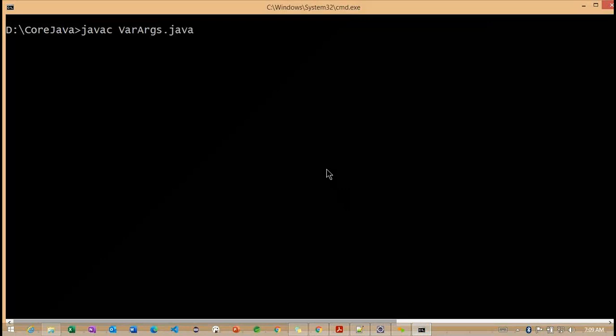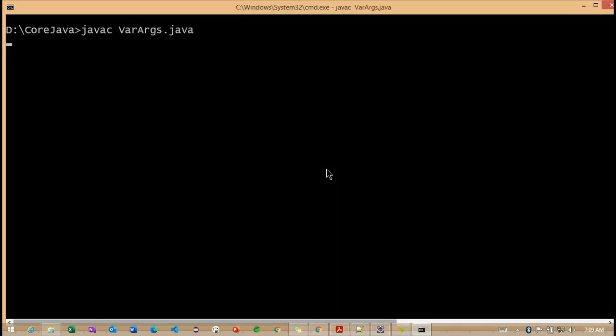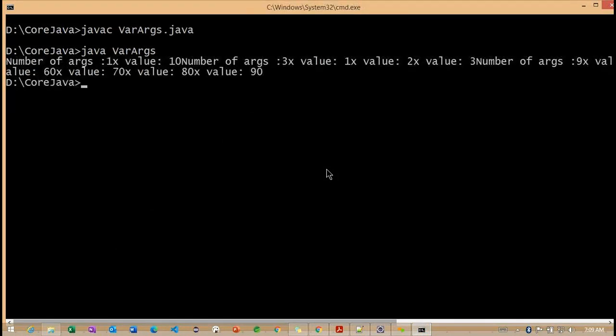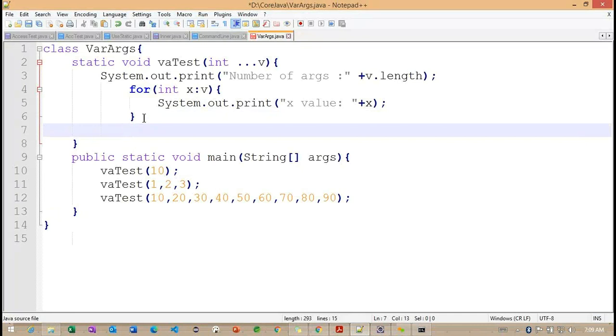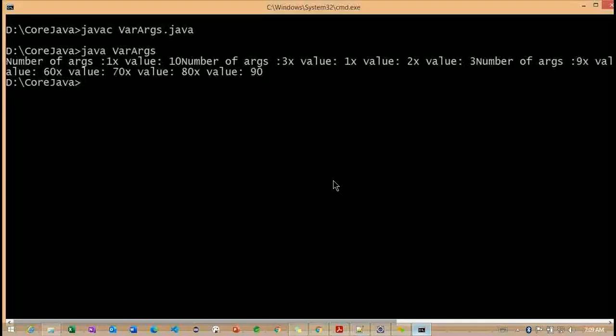Let me print one more time. Okay, all are coming in the same line. So println.